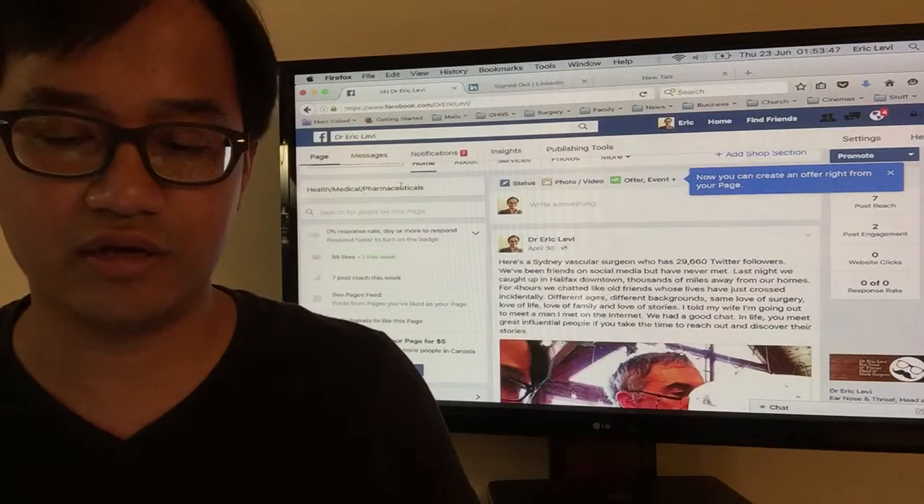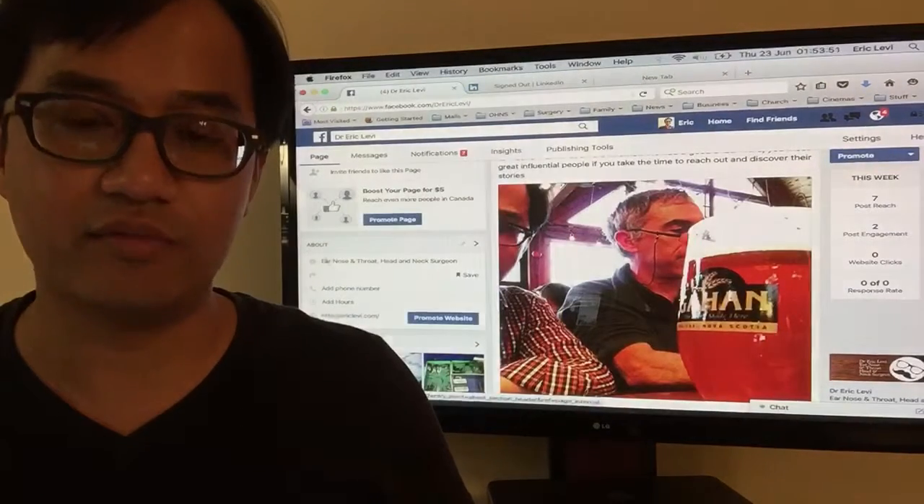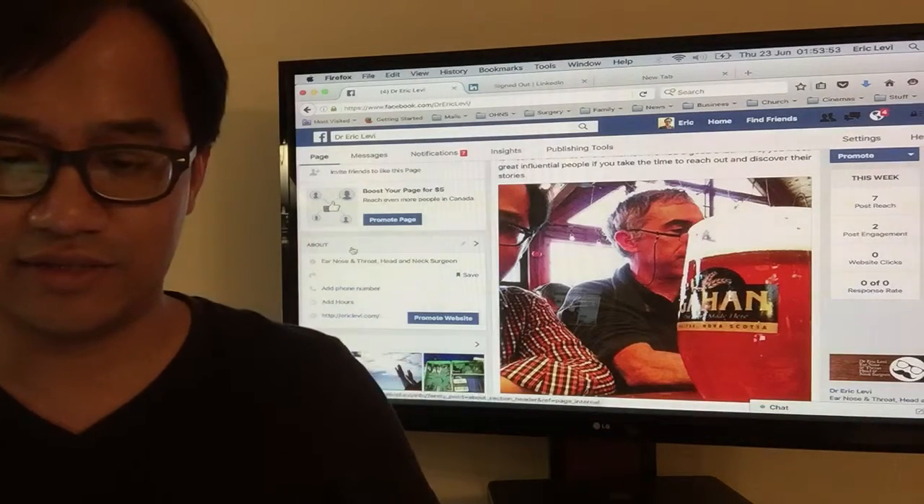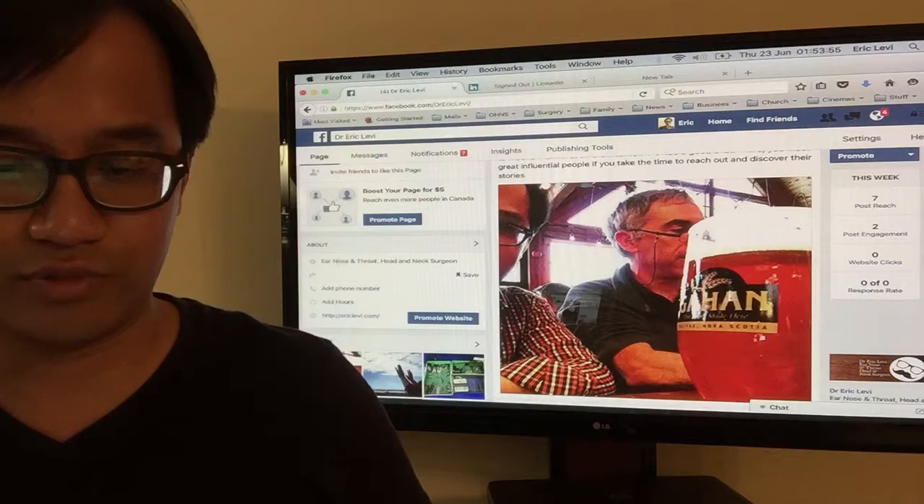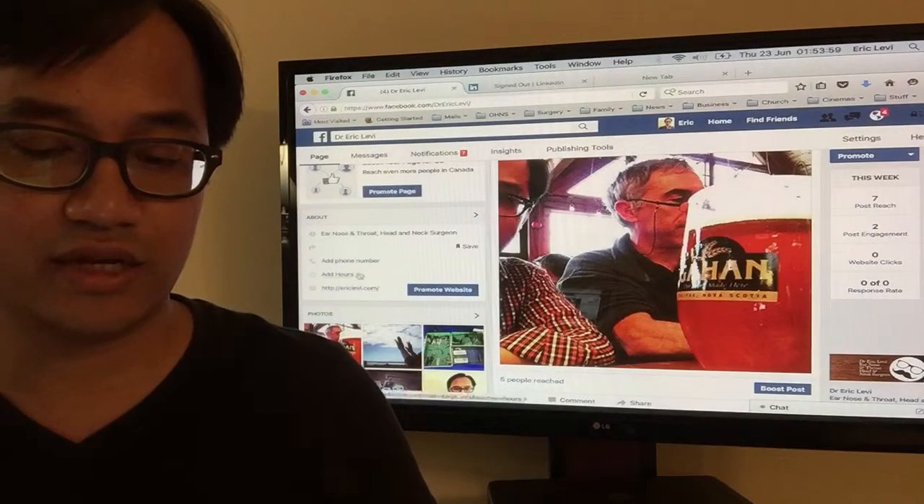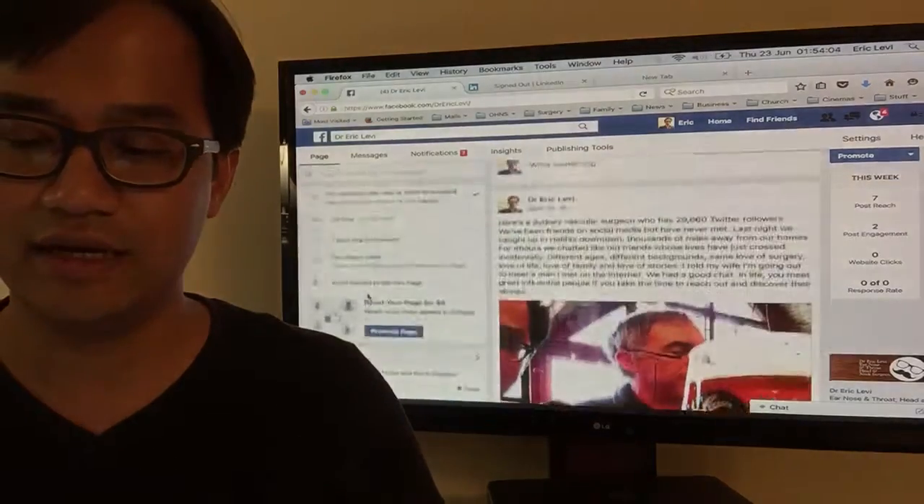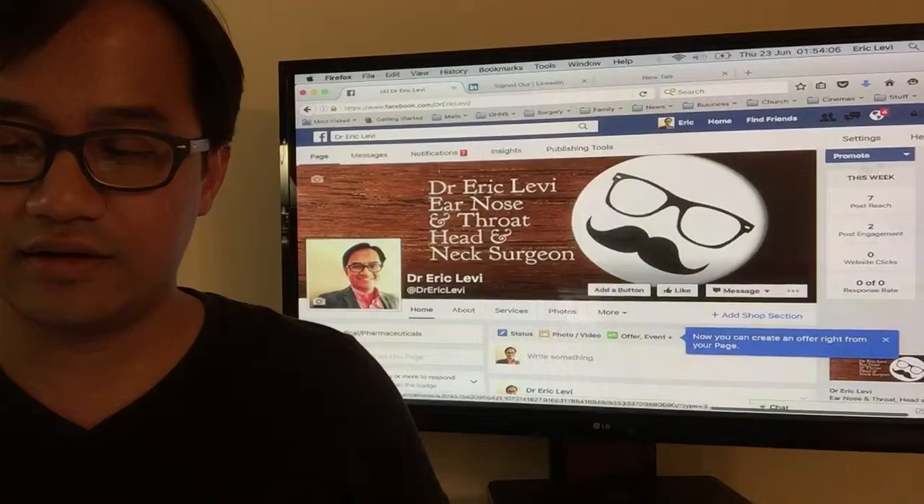It's going to be health, medical, pharmaceutical, and then you can add the about part on this side. I put there very simply, ear, nose, and throat, head and neck surgeon. If you've got a practice, you can add phone numbers, hours, locations, website, and other things. And then once you set it up